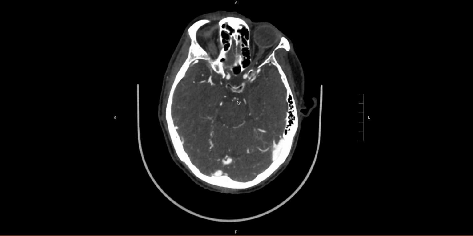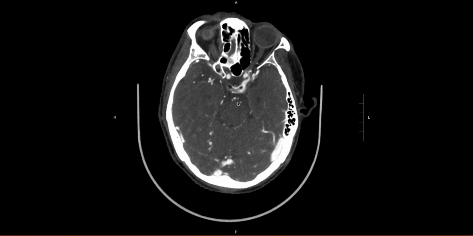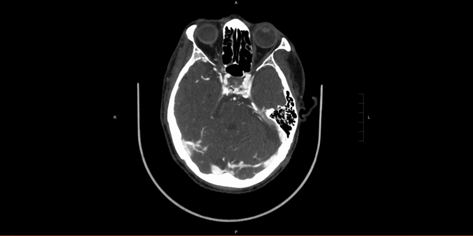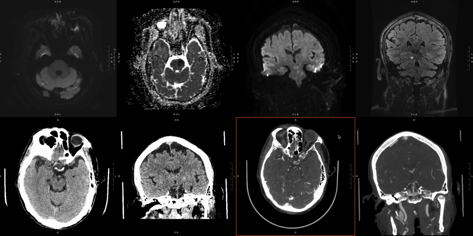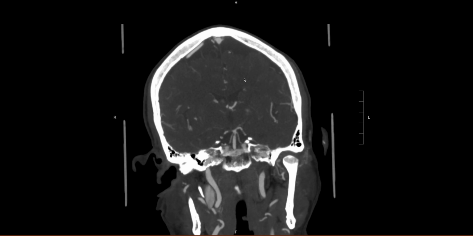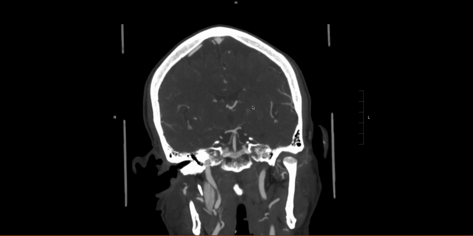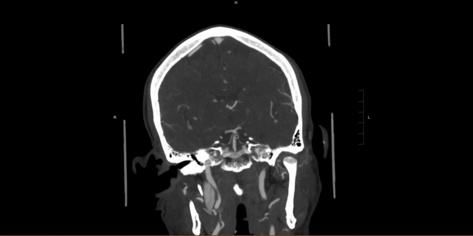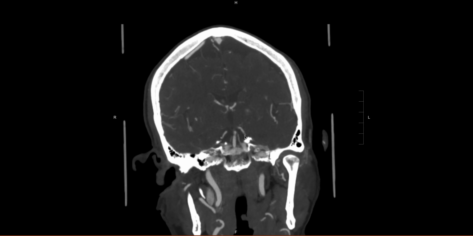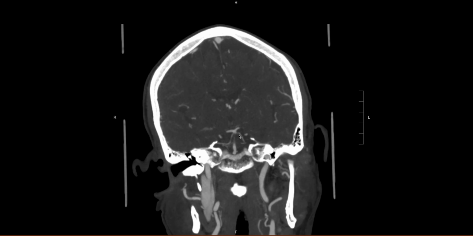It's subtle. Not all basilar thrombus is going to be completely occlusive. This one is not. It's a very small, short segment, but it is still important to make the diagnosis. And here, I would say it's maybe a little bit more obvious on these axial images, but let's take a look at the coronal. And again, it's really important that you window correctly because it's just this little narrowing here, that caliber change. A little bit more obvious on the axial, I think, especially with this projection,